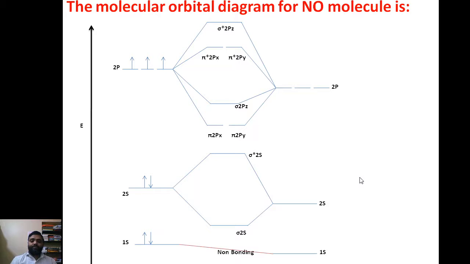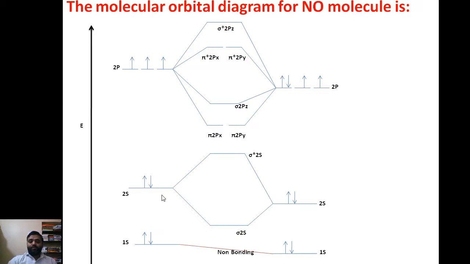Then fill up the electrons for oxygen: 1s2, then 2s2, then the p orbitals. How will you fill the electrons? Carefully see: first electron in the first orbital, second electron in the second orbital, third electron in the third orbital, and then the remaining electron comes to the first orbital. We must apply Hund's rule. Then count the electrons: 2 plus 2 is 4, 4 plus 4 is equal to 8. 8 plus 7 is equal to 15. But the 1s electrons do not contribute, these 4 electrons. Therefore, you can distribute only 11 electrons.